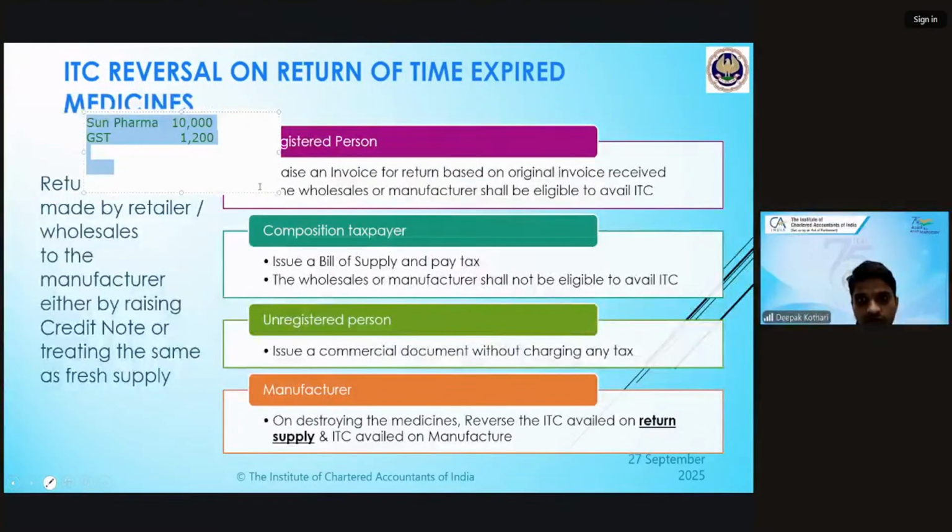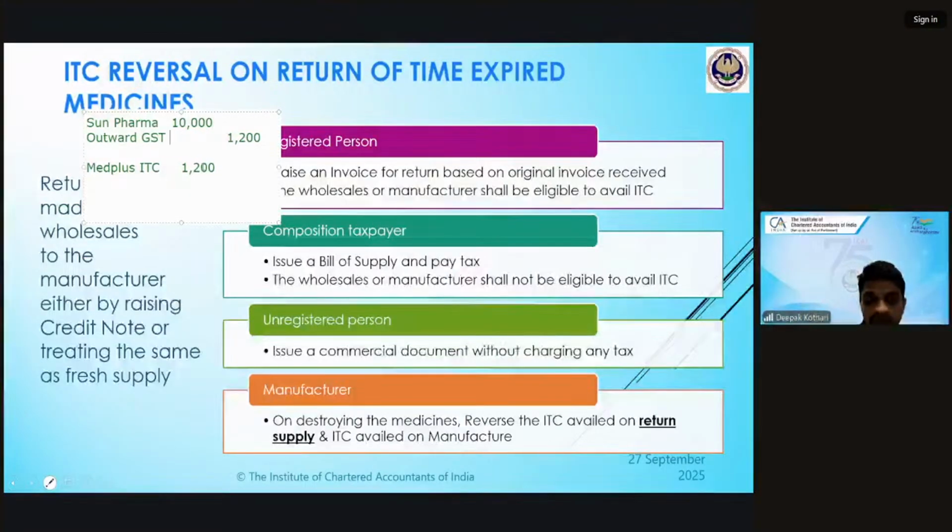Let us make it more practical. Med Plus, very good. Med Plus is a retailer, mostly everywhere. He has sold to Med Plus. What did Med Plus do? Med Plus took ITC. How much did it take? 1,200. What is this? Outward GST. Clear? This is outward GST. When he billed Med Plus, he claimed it, and he paid the GST to the government, and Med Plus took the ITC. Okay? Now